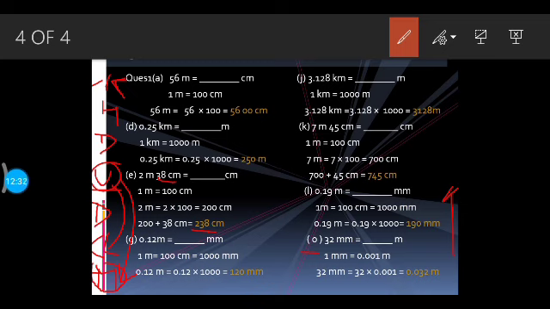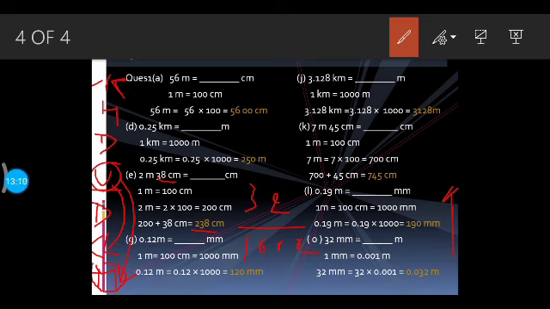Okay, so either you can just divide 32 with 1000, or I can write 1 upon 1000 as 0.001. I have already told you. So either divide 32 with 1000, or you can multiply 32 with 0.001. Your answer will be the same. Just keep in mind in this part I am moving from downward to upward direction. Okay, I hope this concept is clear to you.